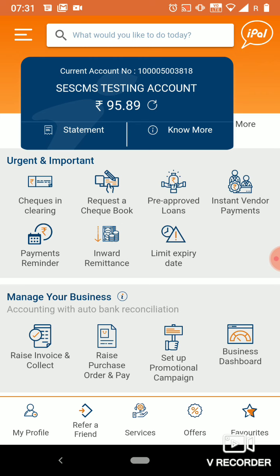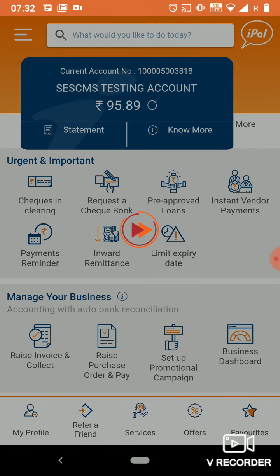Through this feature, you can add a beneficiary and make a payment to him on immediate basis without any cooling period. No card grid detail is required, and also there is no limit or restriction on the amount to be transferred to the beneficiary. All you have to do is just to register for Insta Vendor Payment for the first time.